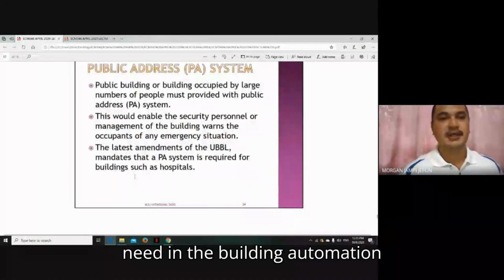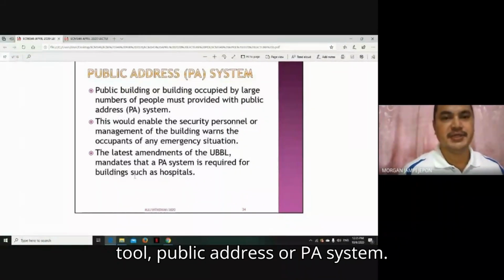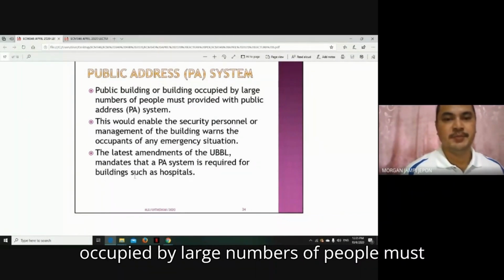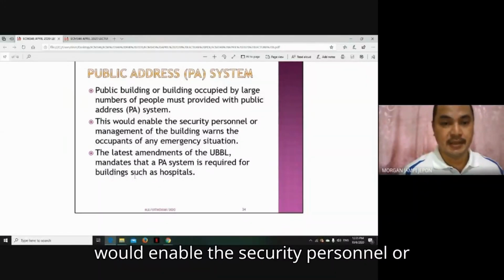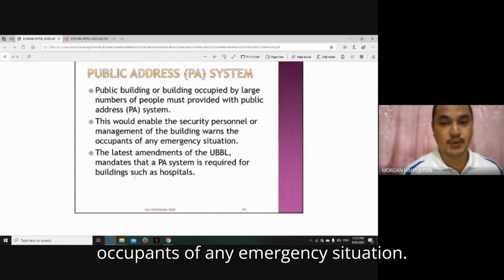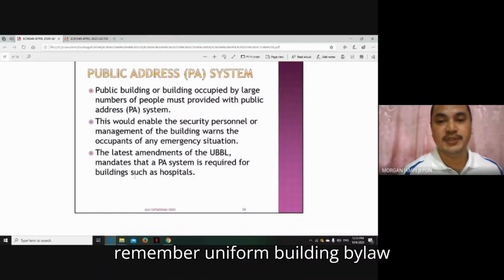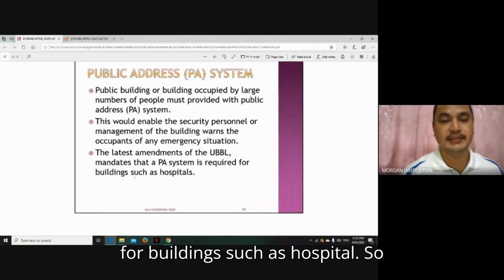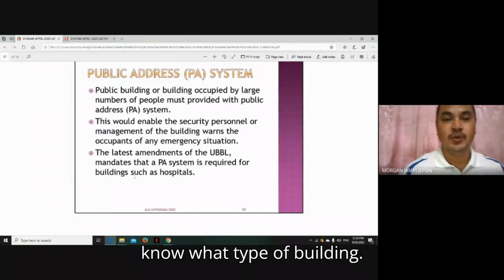Okay. Then PA system. Okay, this is a need in the building automation too. Okay, public address or PA system. So public building or building occupied by large numbers of people must provide that with PA system. This would enable the security personnel or management of the building to warn the occupants of any emergency situation. The latest amendments of the UBBL, remember, Uniform Building Bylaw, okay, mandates that a PA system is required for buildings such as hospital. So you must refer to the UBBL to know what type of building